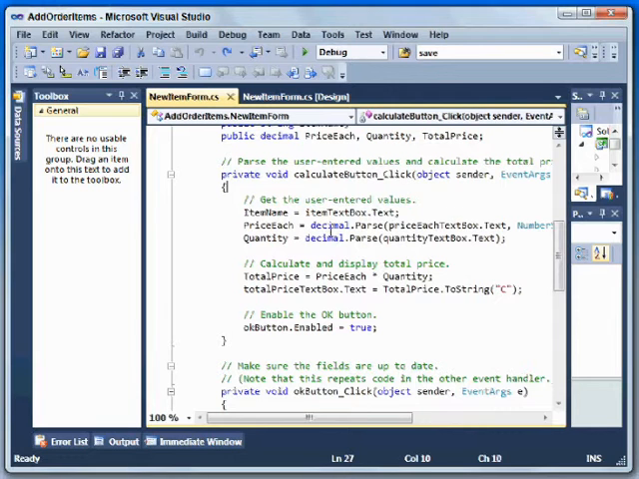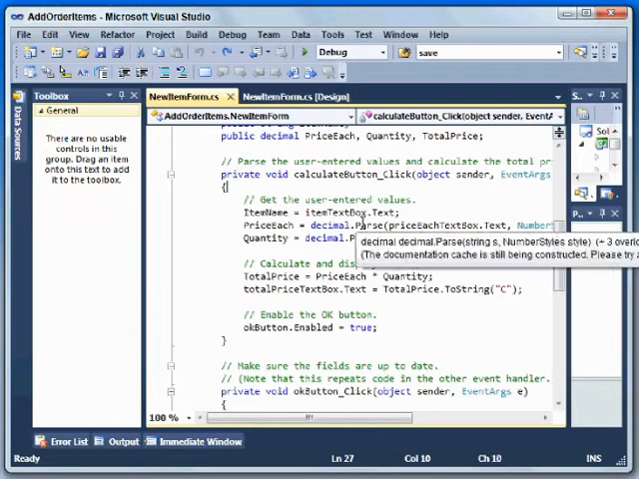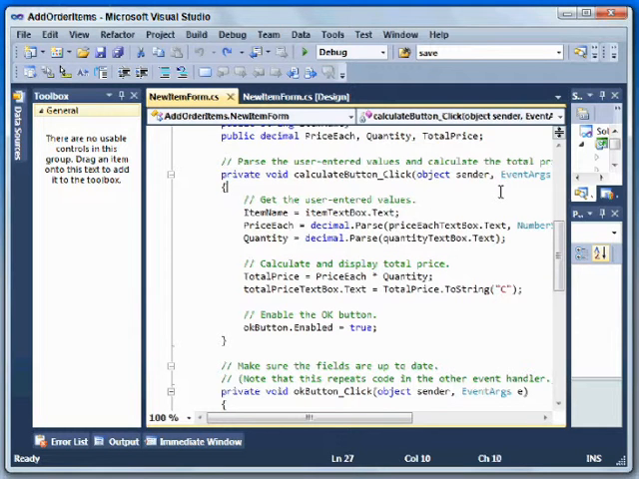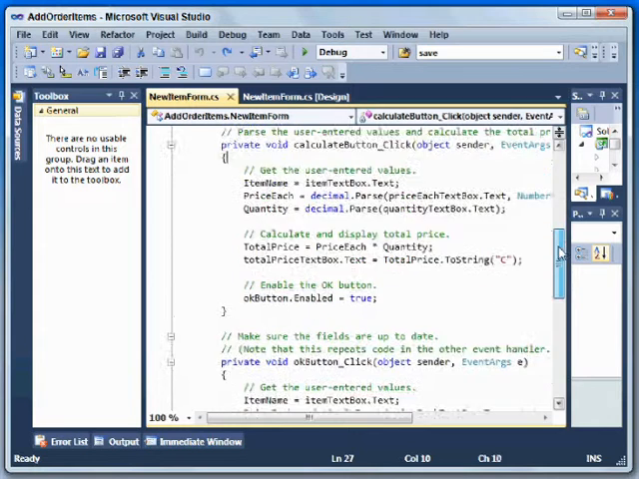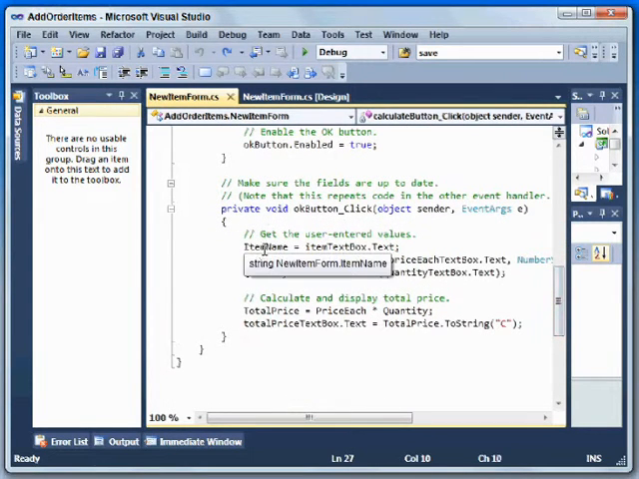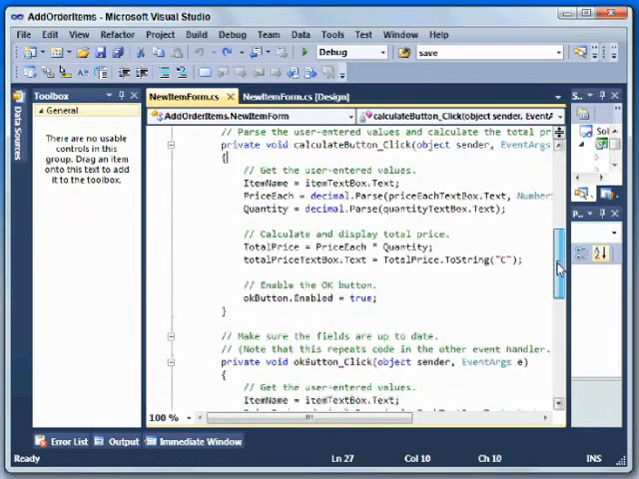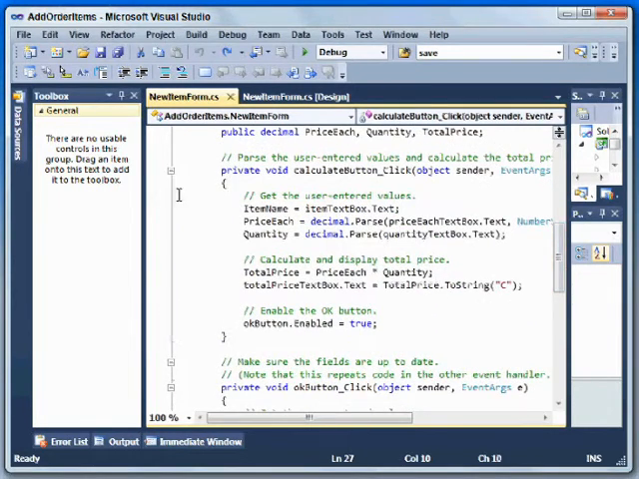Here's the Calculate button. It gets the item name, gets the price each and quantity, uses decimal parse to turn those values into decimals. That's where we can get the problem with formatting. The OK button down here does the same thing. There's the item name, the price, the quantity. Okay? So first, let's take those common lines and pull them out of these two routines and put them in their own method. So to do that, you could just grab them and copy and paste them to where you